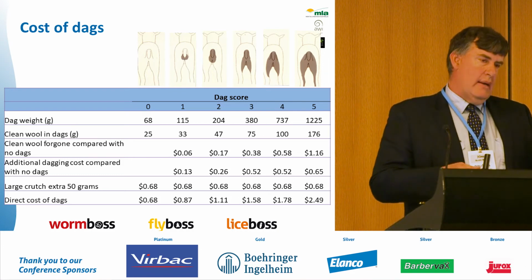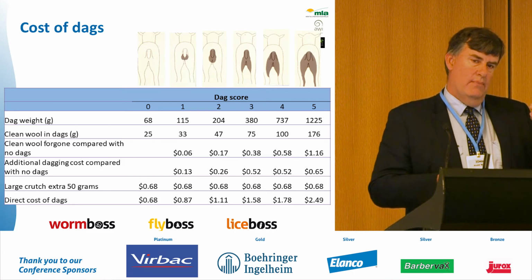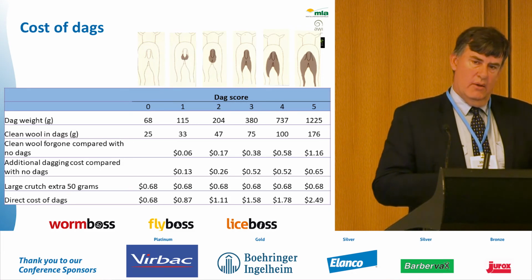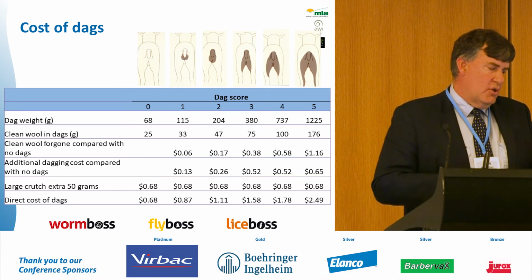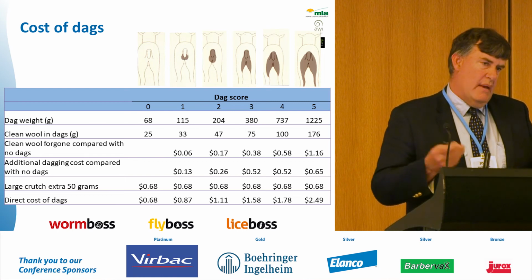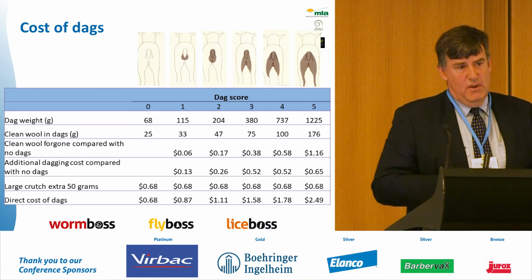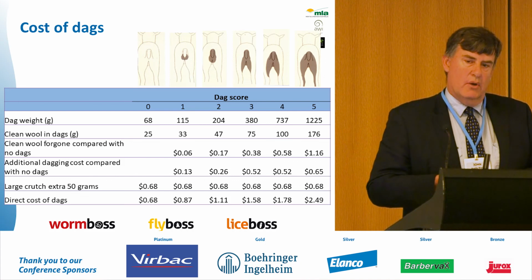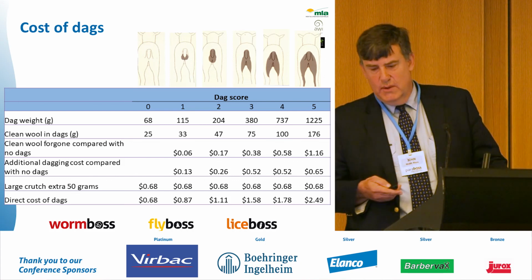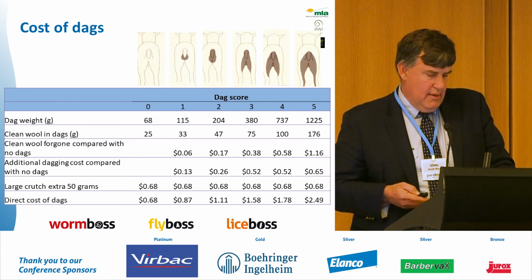And so adding all those costs together, with the more wool removed, larger crutch size, and the lower value of that wool, obviously in crutchings and in locks at shearing, means that, and this is based on current wool prices, when the dag score is up at 5, you're talking $2.50 plus per sheep for the value cost of dags. So it is quite substantial when you've got really daggy sheep. It's certainly an important consideration. But now